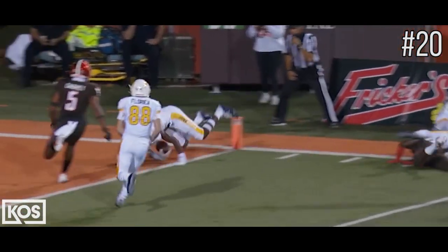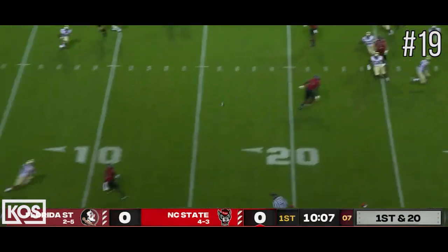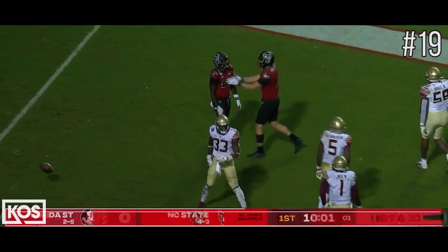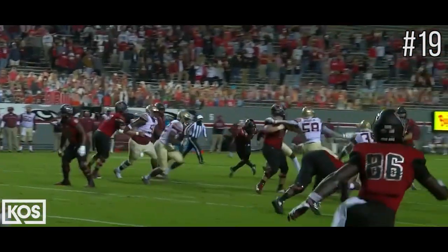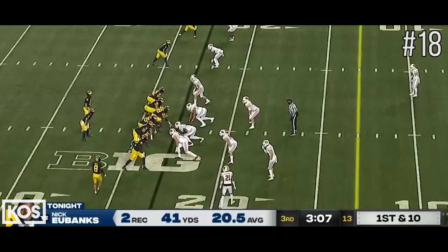A little wide of the target, but you see the 1st and 20 now after the penalty. Hockman to throw. He's perfect so far and remains that way. Catch inside the 5 and a touchdown. To come back on a curl route, catch the football, break the tackle of a very good corner on Asante Samuel, makes another guy miss down the...